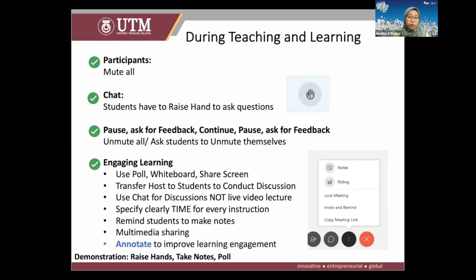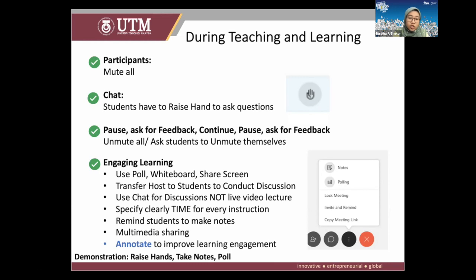Try to avoid this if you think that the existing web conferencing tools have certain features that allow you to do things inside here. Make full use of those tools rather than pointing students out of the web conferencing tool. So make full use of the poll, of the whiteboard, of the sharing screen function,